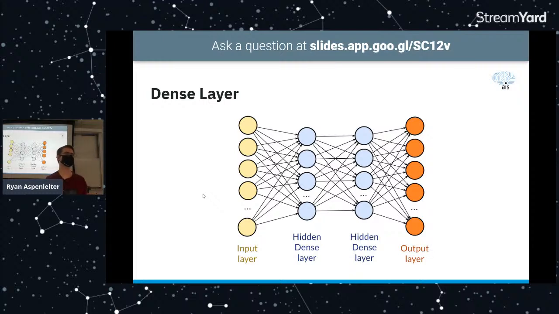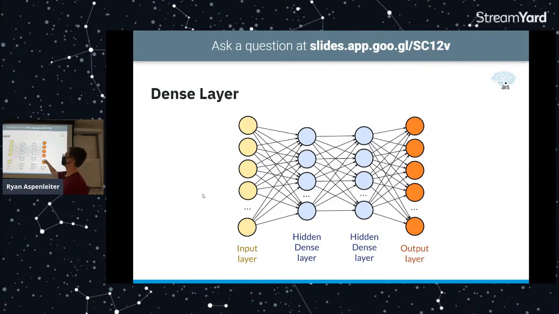Now, the most common layer that you are going to see, because it's in basically every model, is a dense layer. So what this is, you have an input layer. Each node in the input layer could refer to a specific piece of information about the data you're working with. For instance, if we're talking about a model that categorizes cats and dogs, one input option could be how big it is, or maybe what color it is, or something along those lines.